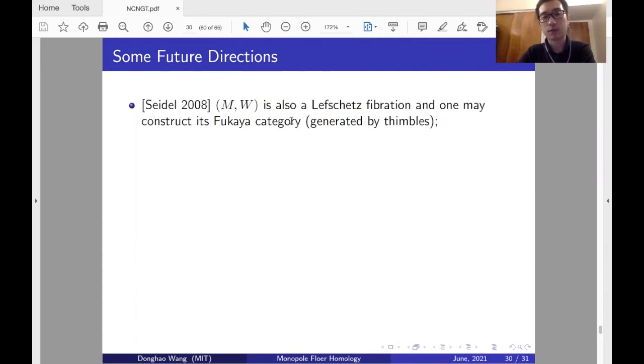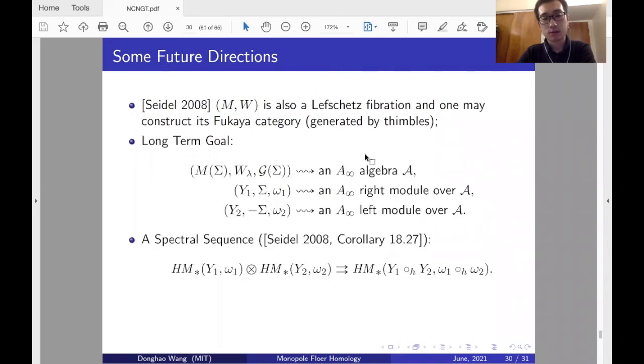its Fukaya category, and this Fukaya category is generated by these symbols. So the long-term goal of this project is to generalize this work to the infinite-dimensional case. In particular, for this infinite-dimensional gauged LG model, we want to construct an A-infinity algebra. And for any three-manifold Y1 with boundary Sigma, we want to construct an A-infinity right module over A. And for any three-manifold Y2, whose boundary is the orientation reversal, we want to construct an A-infinity left module over